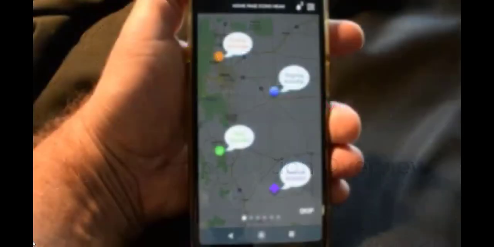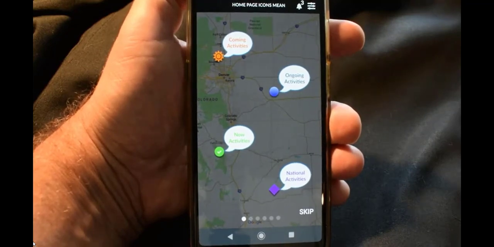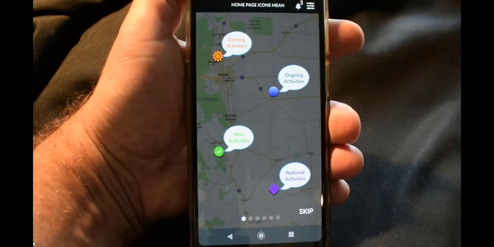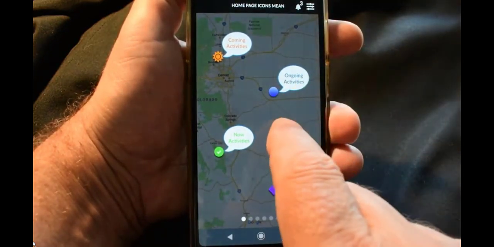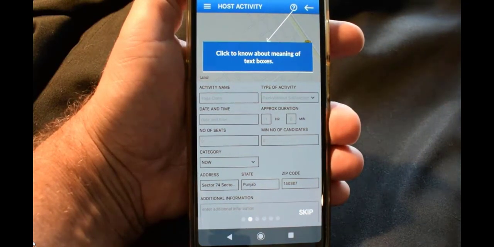First, download the app and open it. This little screen is going to appear to show you a little tutorial that you can swipe through. Now, activities: coming activities, ongoing activities, and national activities. And then if you swipe to the next page, more information about what it means to